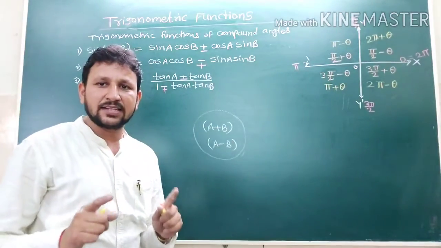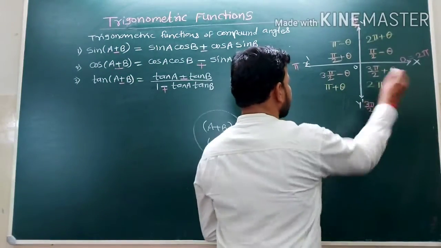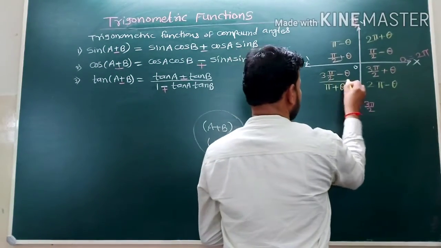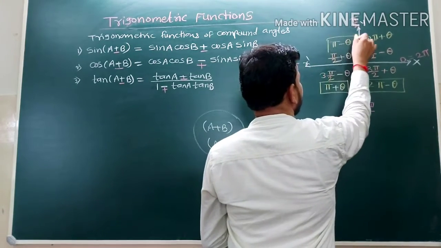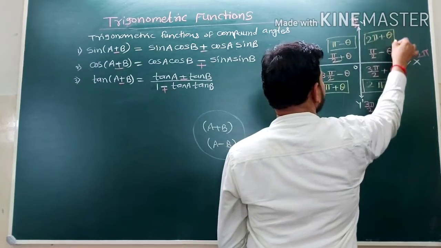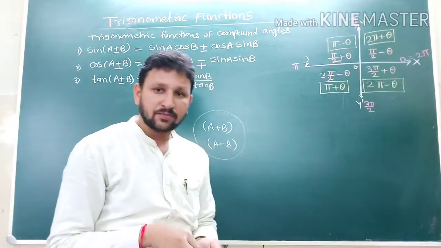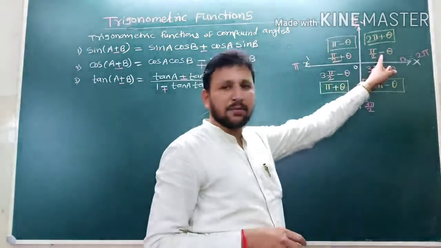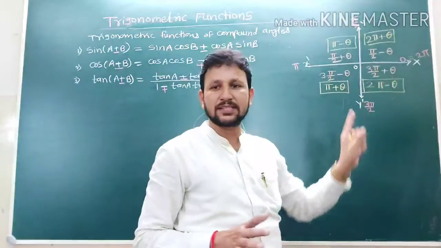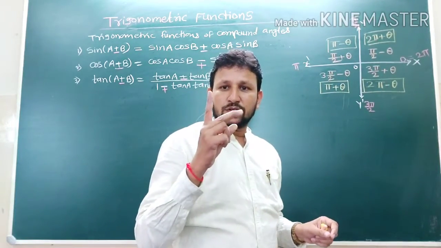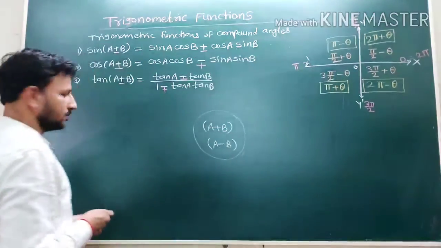Check, the angles are expressed in different ways, highlighted here. See, by these yellow colors, these angles are expressed as pi plus minus theta or 2 pi plus minus theta. That is all. And second, angles expressed in the type pi by 2 minus plus theta or 3 pi by 2 minus plus theta. So these are the two types of formulas you have to remember for the allied angles. Let us see.